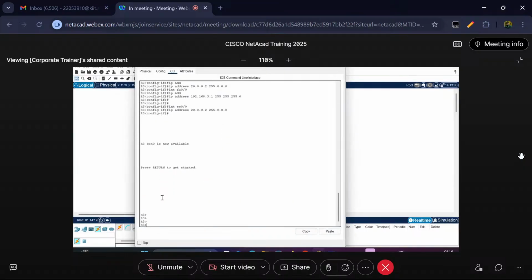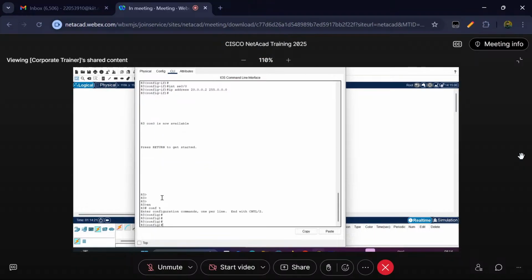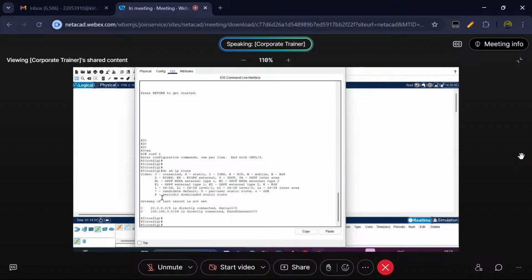So just go to enable, conf t, and if you want to check, do show ip route. You have to type the command and hit enter. These are directly connected. We got it. And now the next is we have to write the